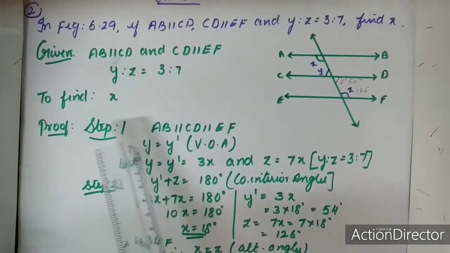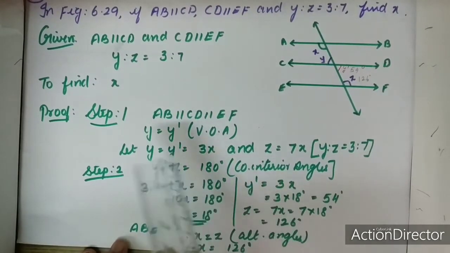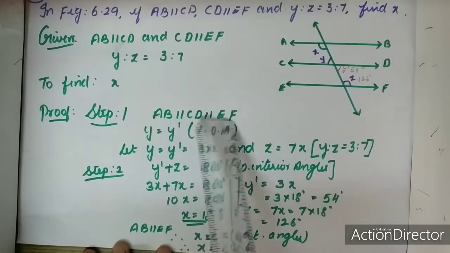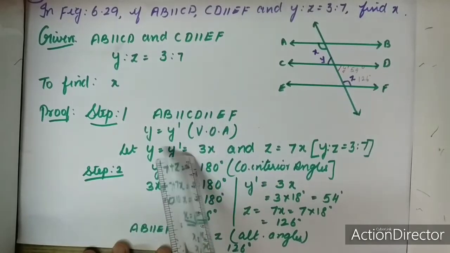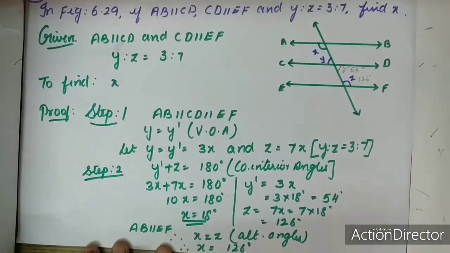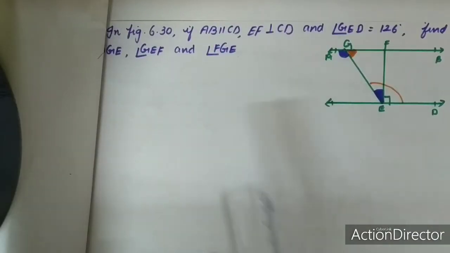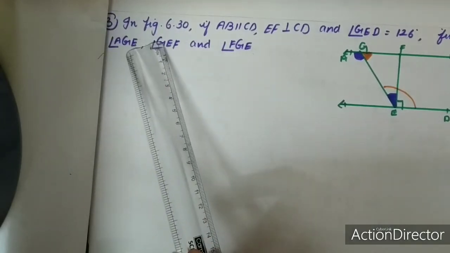Thus, if you do the question stepwise, it will be very easy for you and you will not commit any mistake over here. So, step 1 I have given the parallel lines, and for step 2 I have given the ratio. This is step 2 and this is step 1. And finally, write the answer, whatever is asked. Now, moving on to question number 3.